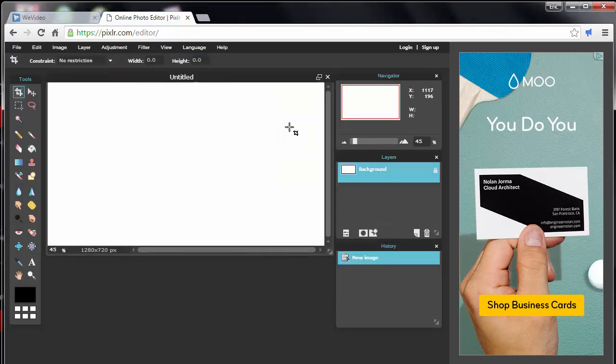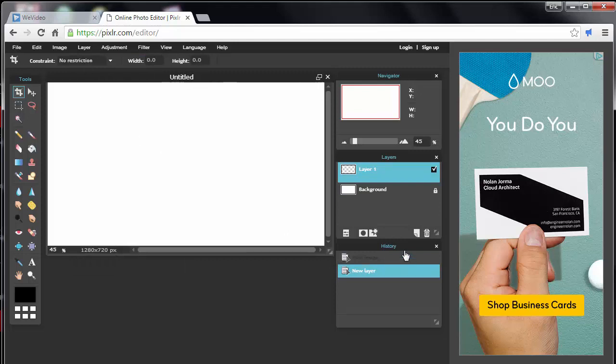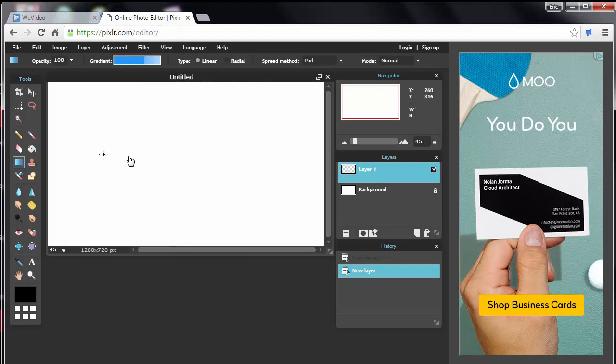So it starts you off with my first layer. And I always have my background layer. To make things easier, everything I add, I start a new layer. So now I have my background layer and I have layer 1, and if you want, you can do anything you want here, but I'm going to go ahead and maybe do some kind of gradient or something here, and then linear design,